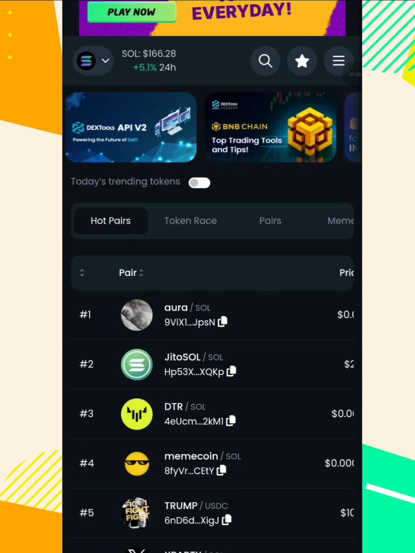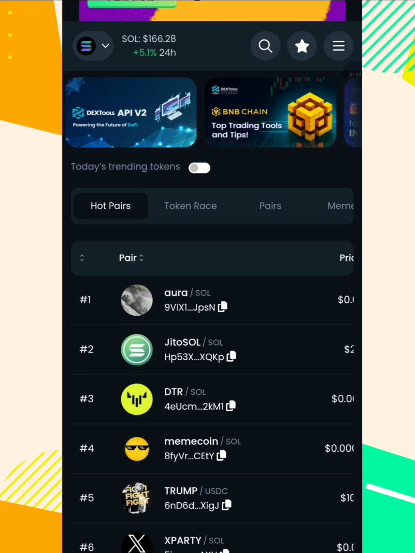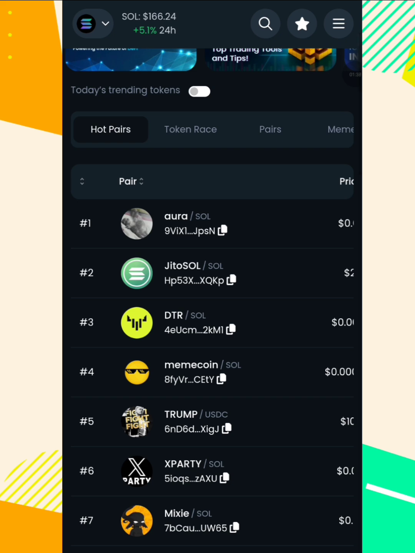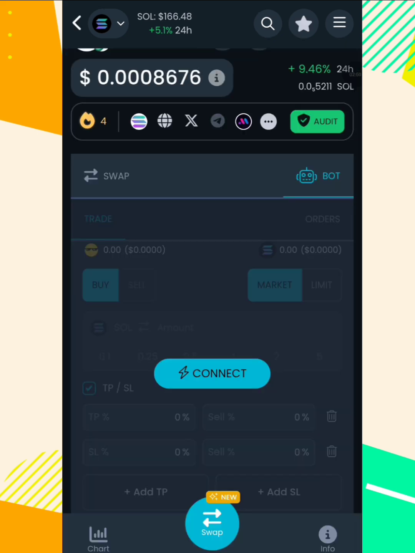After you have selected your blockchain, search for the token you want to trade, or you can look for trending, and make sure you do your diligence, do your research very well, don't fall for scam projects. Now let's select a particular token here, to explain to you how to trade on Dextools. Once you select a token, the first thing it will do is prompt you